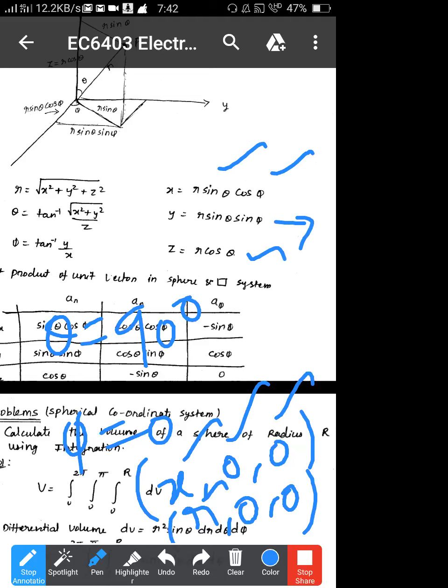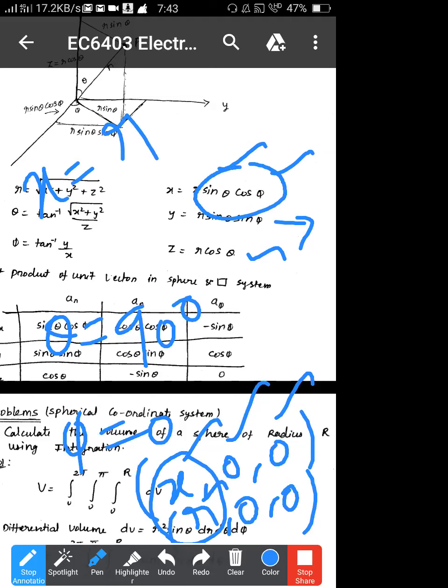0. With some kind of intuitive understanding, you can directly write this equation. What is the idea? My x is equal to r. When I choose a point exactly on the x-axis, my x has to be equal to r. It is independent. And for that particular point, theta is 90 degree and phi is 0 degree. To satisfy that only I am putting sine theta and cos phi. This is the simple way to remember.